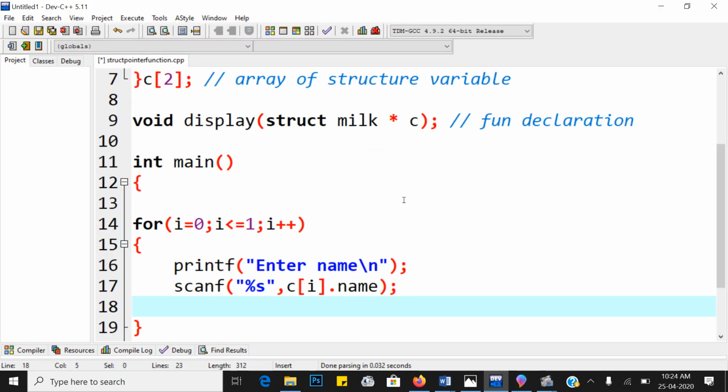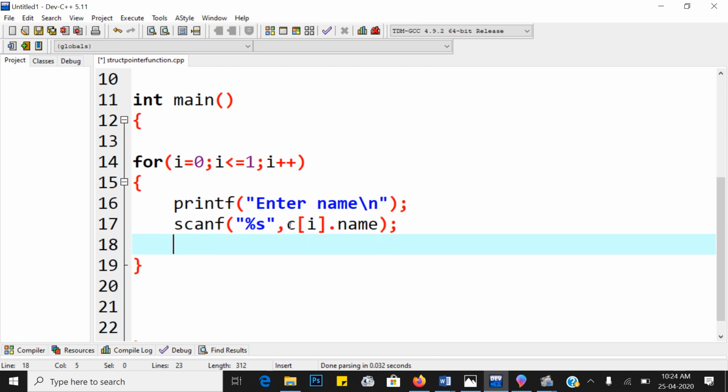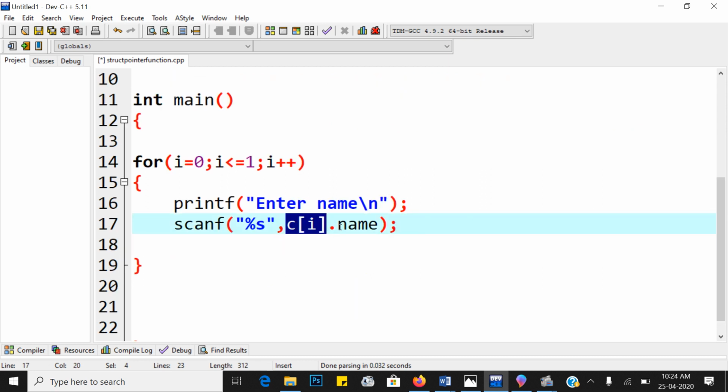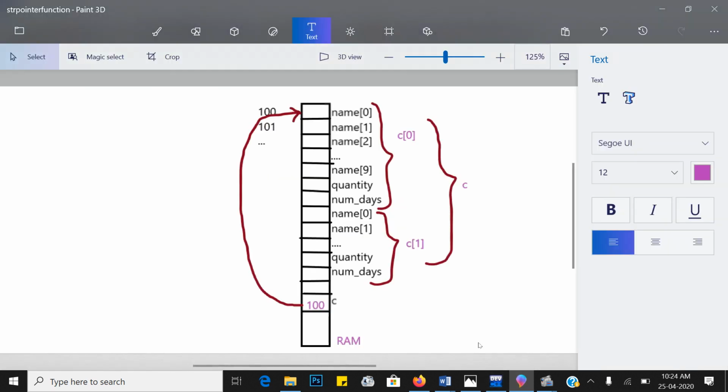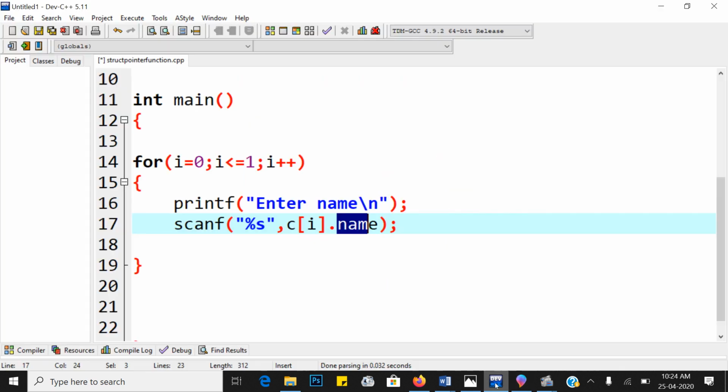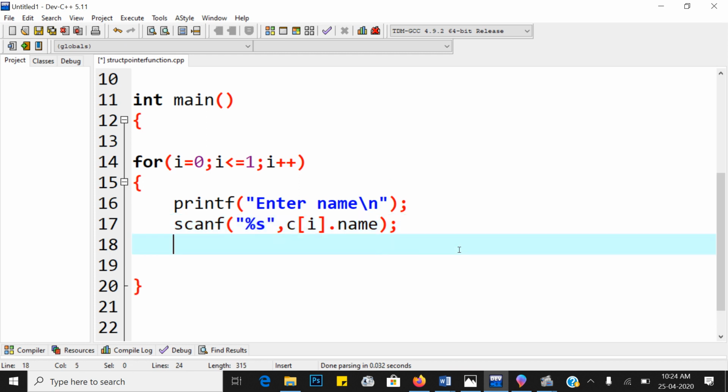Next, this value we have to take from the user, and this first value, that is C of 0 dot name, is saved at name of 0 to name of 9. Next, what next value do we want from the customer?